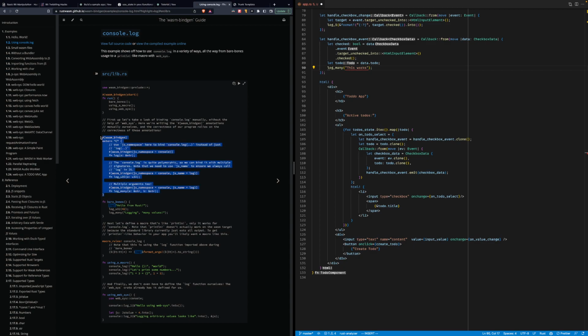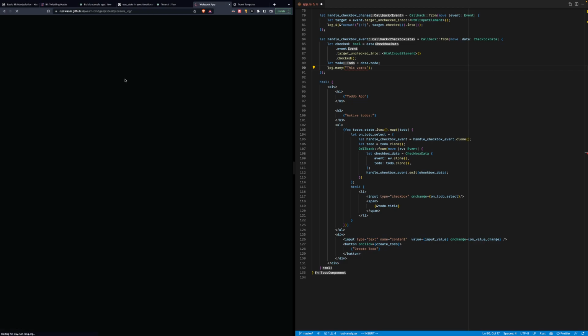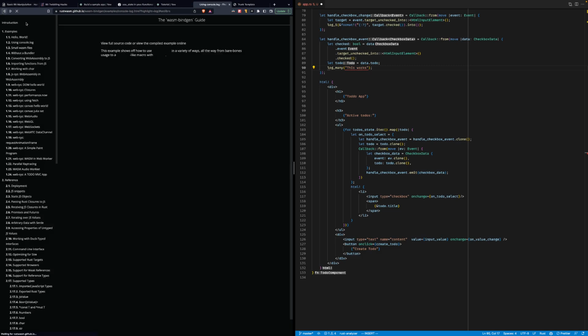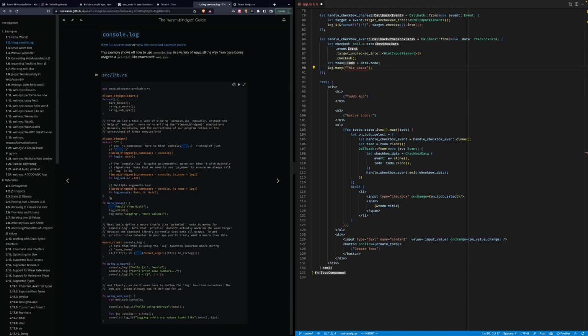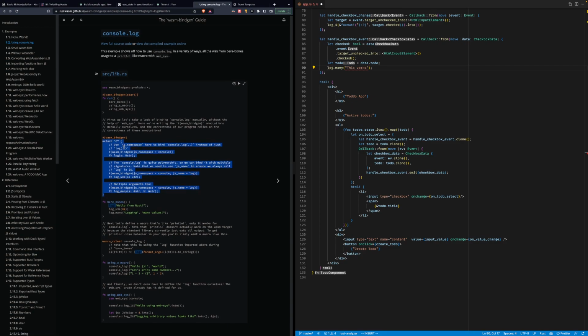Not sure. Let's try this out. Go to compile example online. No, okay, this was the exact example. I'm just gonna stick to JS one.